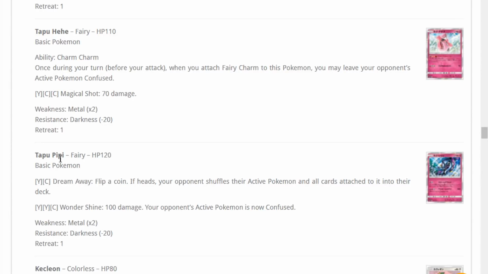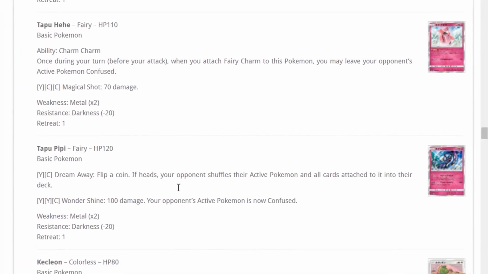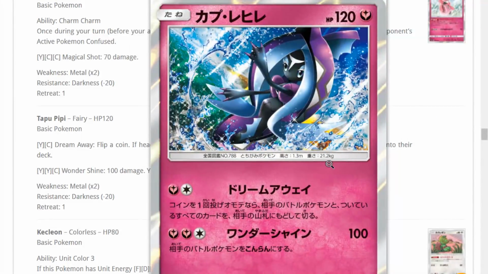Tapu Fini. Flip a coin. If heads, your opponent shuffles their active Pokemon and all cards attached to it into their deck. Wait, what? You can just win the game with a flip? I mean, welcome to Pokemon, I guess. This doesn't say your opponent has to have bench Pokemon. Excuse me. So I guess in theory, you could win the game straight up